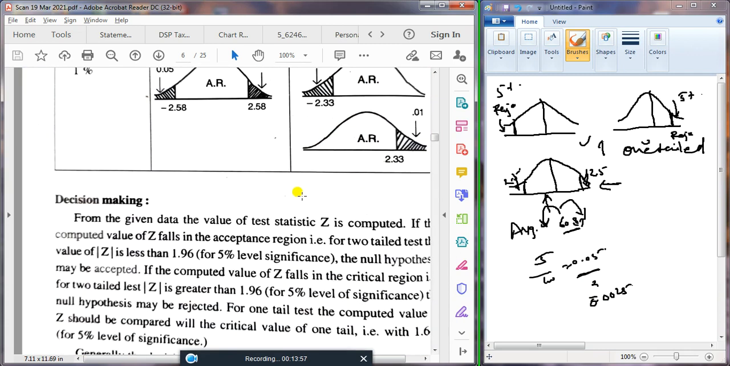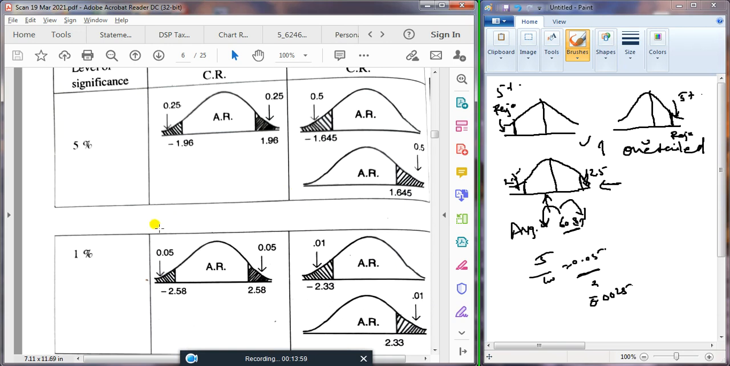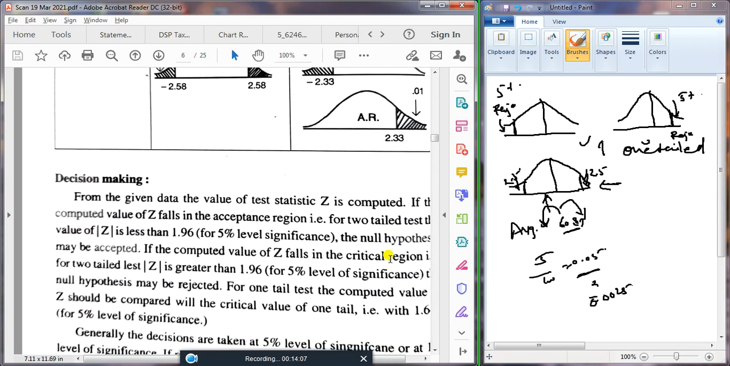सो दिस इज ऑल अबाउट योर 1% और 5%। यहाँ पे 5% को इक्वली डिवाइड किया है, यहाँ पे 1% को इक्वली डिवाइड किया है, और अगर वन टेल है तो आपको 5% कंप्लीट लेना है, 1% कंप्लीट लेना है। सो दिस इज ऑल अबाउट योर